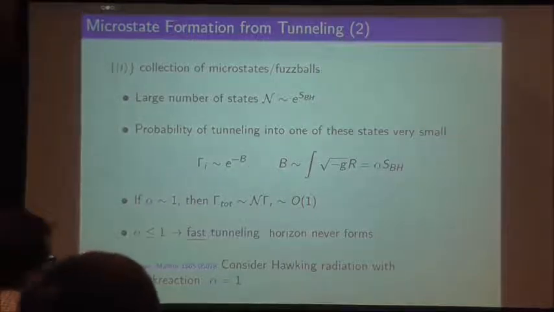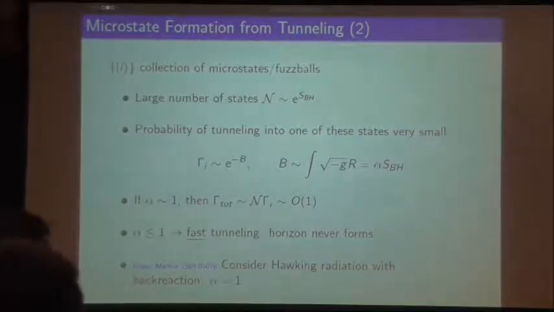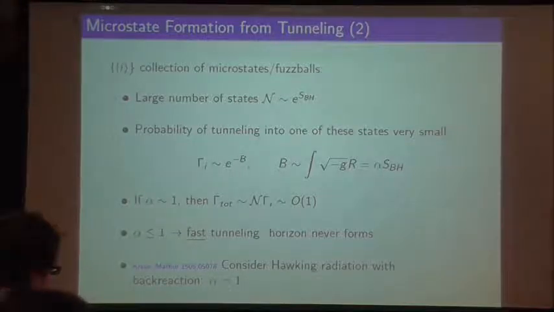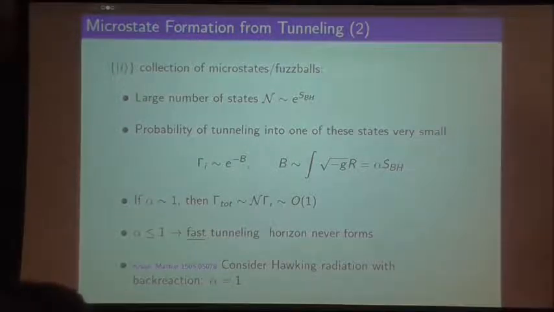I mean, I think what I'm talking about is, we can discuss this later more if you want, but I think the point here is that the collection of fuzzballs really depends on what your conditions are, of course, right? Like what do you know about the system? This is very much thermodynamics versus statistical mechanics as well, right? So if you know only the mass and charge and angular momentum, stuff like what you would usually know about a black hole, then I tell you there are e to the S states that correspond to this kind of black hole. But of course, if you single out one particular state with these particular quantum entanglements, then probably you only have one fuzzball to tunnel to. But that's kind of a different question.